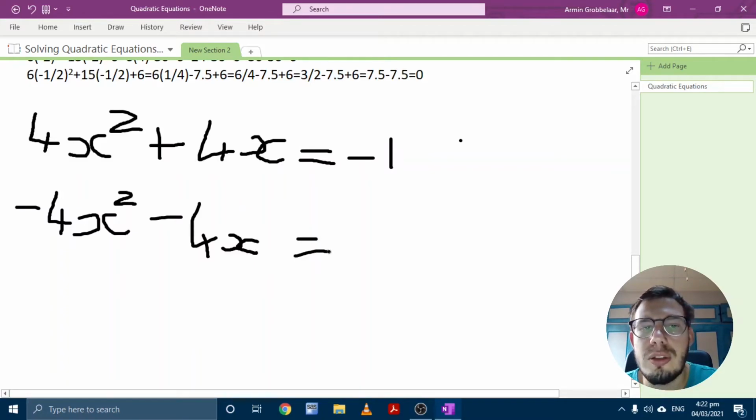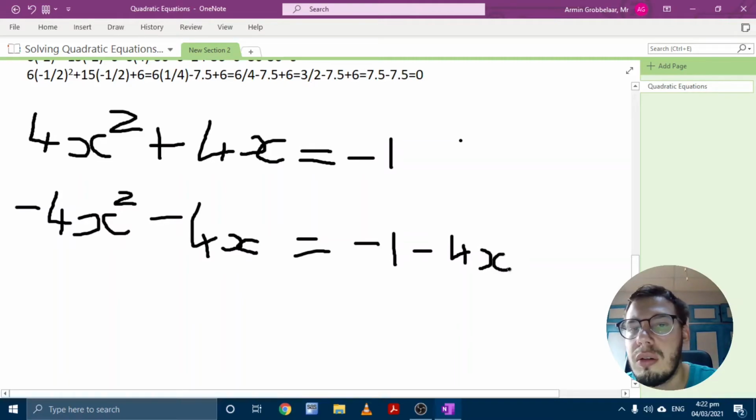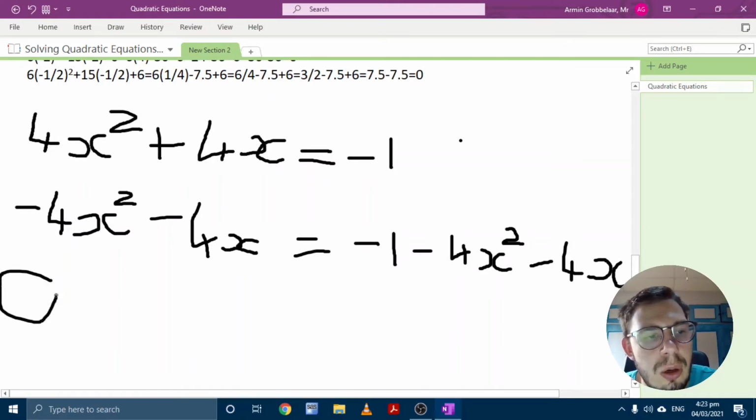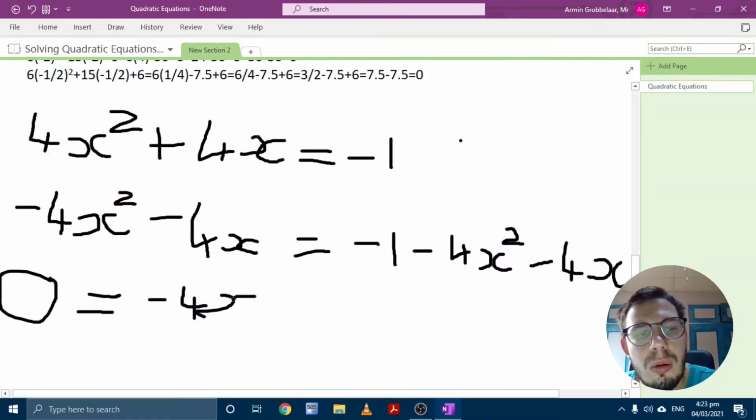So it's equal to minus 1 minus 4x squared minus 4x. So I'm left with 0 is equal to minus 4x squared minus 4x